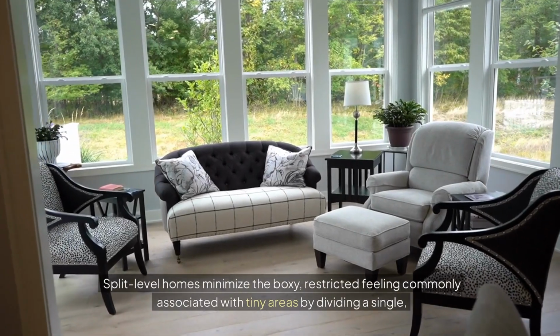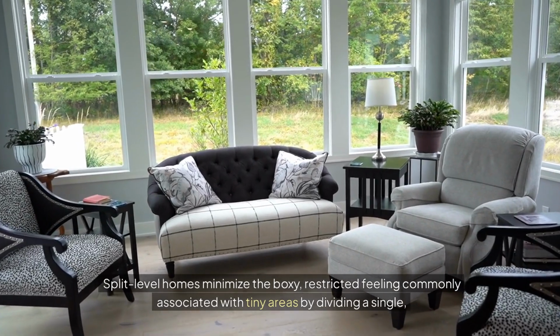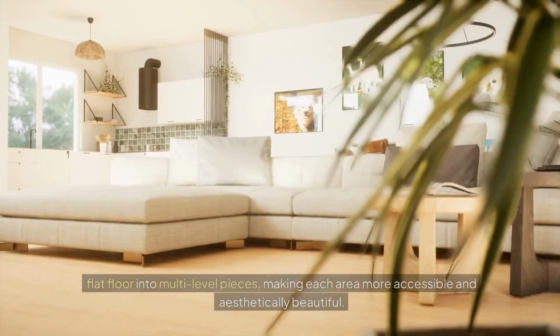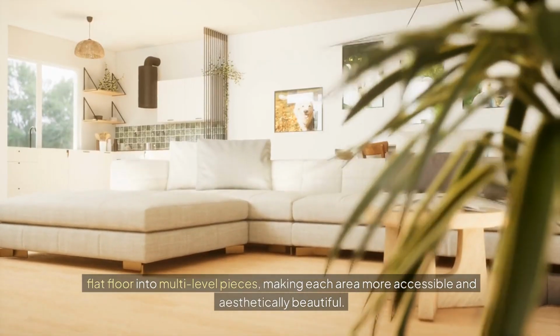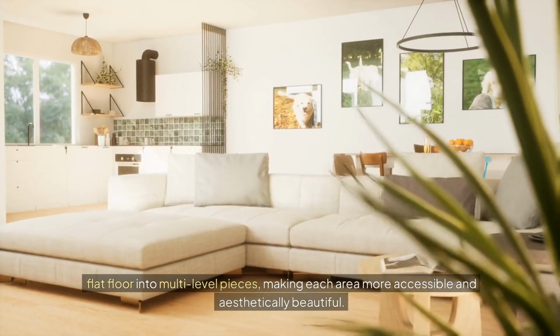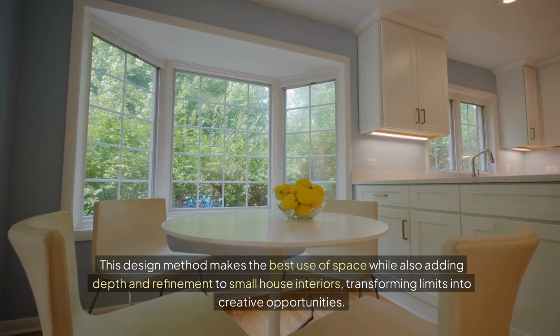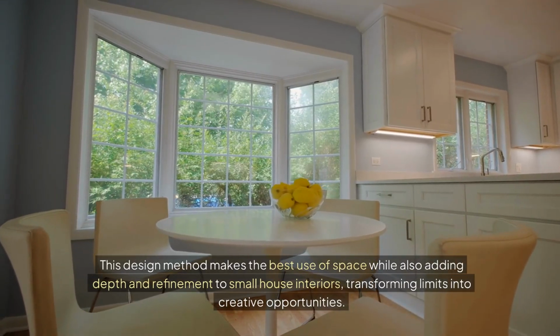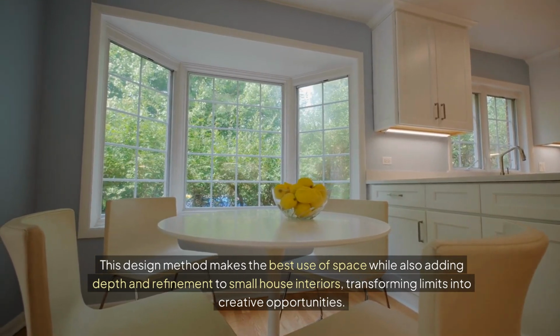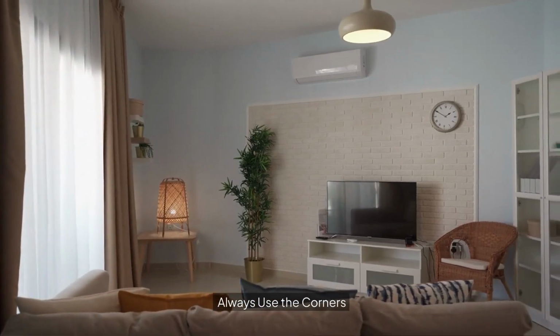Split-level homes minimize the boxy, restricted feeling commonly associated with tiny areas by dividing a single, flat floor into multi-level pieces, making each area more accessible and aesthetically beautiful. This design method makes the best use of space while also adding depth and refinement to small house interiors, transforming limits into creative opportunities. Always use the corners